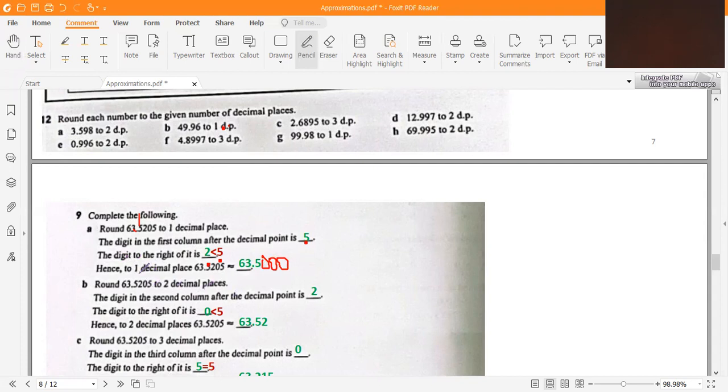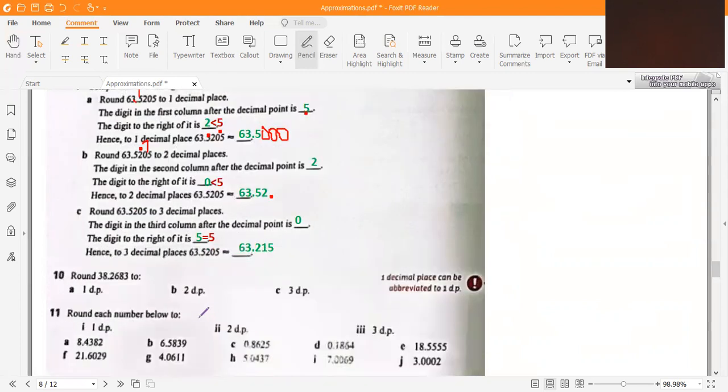Okay, 2 decimal places. The second decimal place to the right of the decimal point we have 2. On the right we have 0. 0 is smaller than 5, so we have 63.52. We don't change anything here, and we put zeros on the right, or we can write it like this. And the third decimal place: first, second, third, so 0, 0, and on the right we have